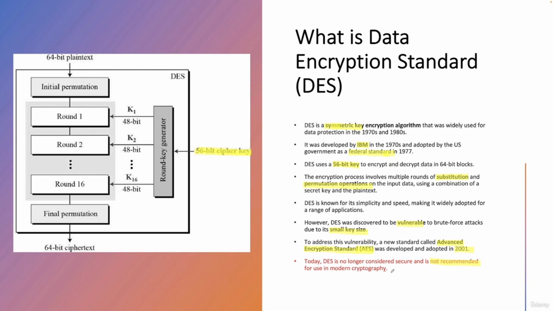It's always good to know its history. So how AES came into the picture, we need to know, because it came from DES, right? As I said, when DES died, it gave birth to AES. So we need to understand that bit: what was DES, why it was being used, what were the problems, why